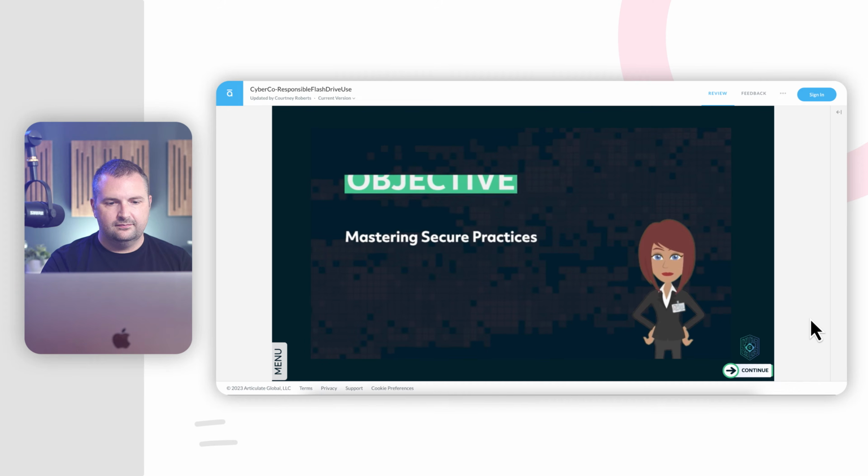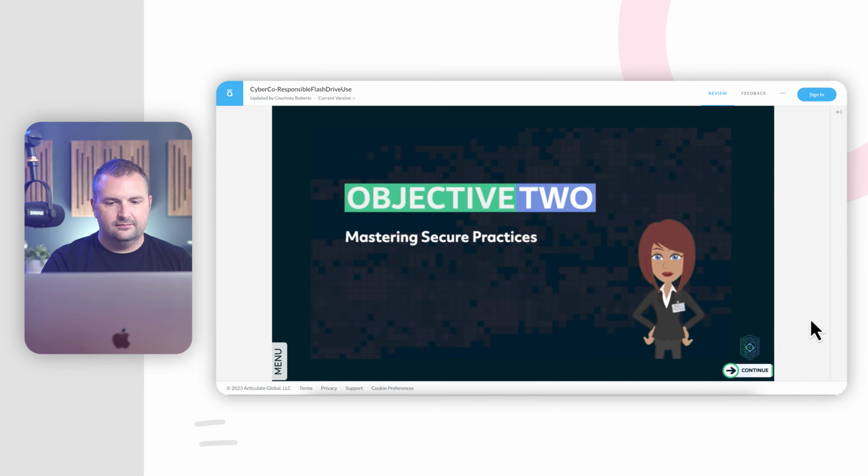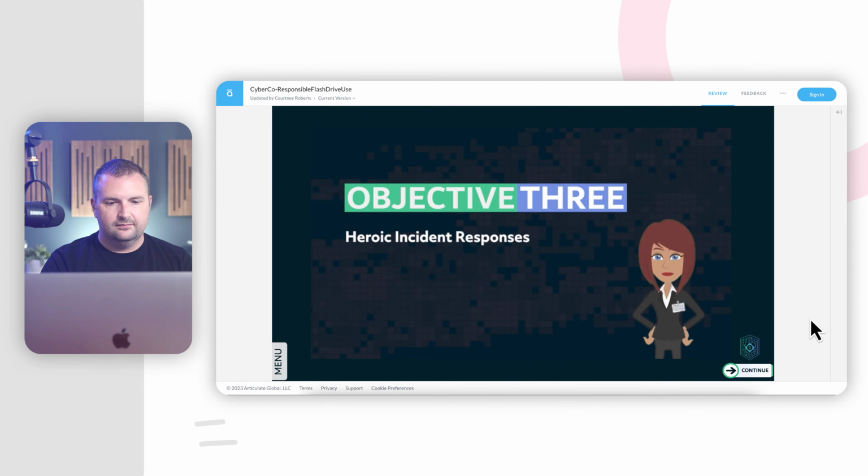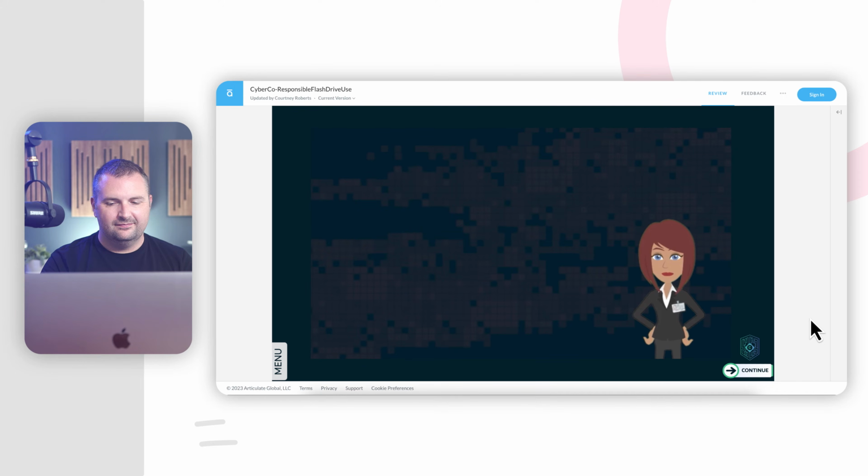Objective 2, mastering secure practices. Get ready to evaluate and critique secure practices for flash drive usage. You'll learn to weigh their effectiveness and champion responsible data handling. Objective 3, heroic incident responses. After this module, you'll be able to assess and critique incident response strategies for defending against malware attacks via flash